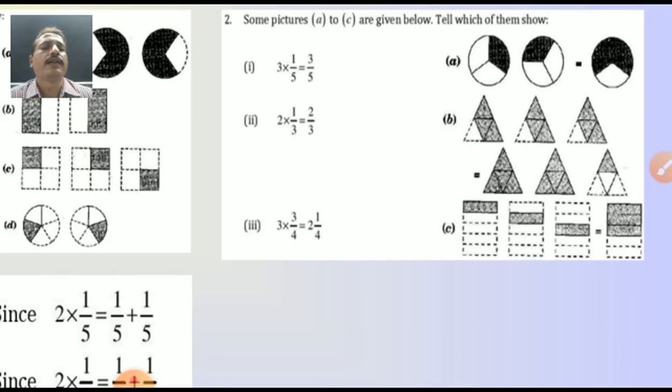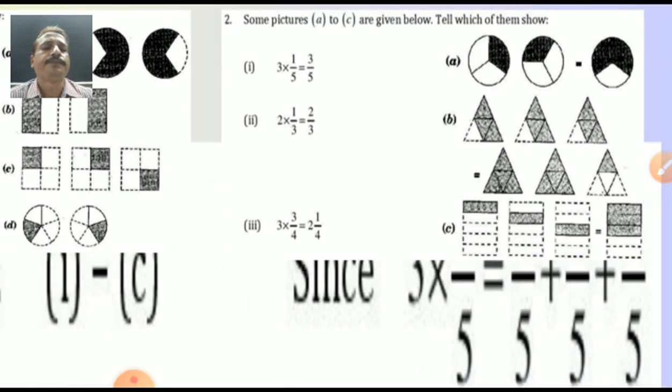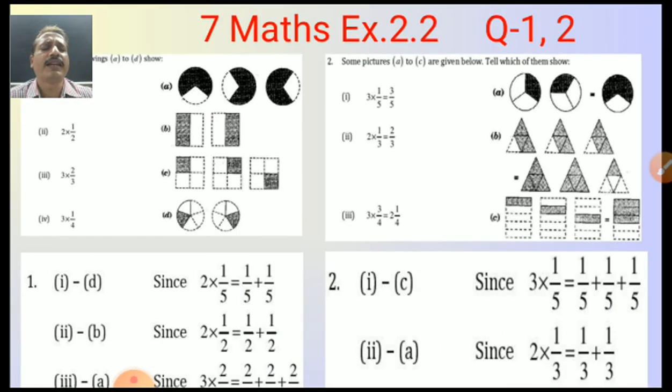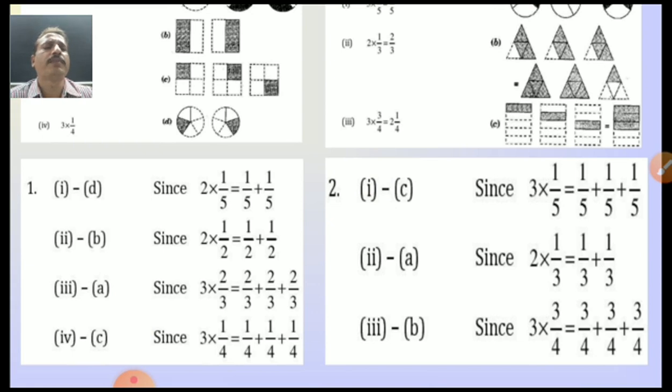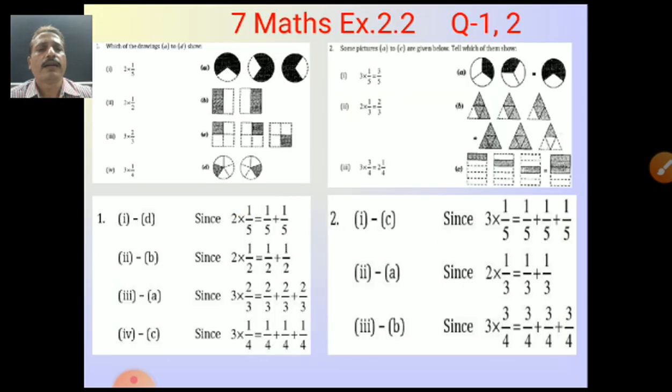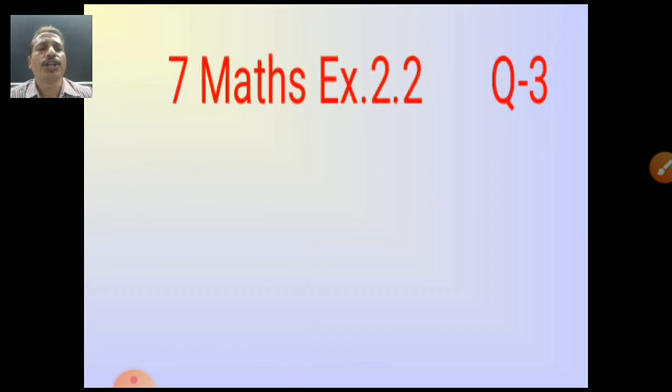Let's check. See, these parts are there: 3 times 1, 1, 1. 1 upon 5, 1 upon 5, 1 upon 5. That means 3 upon 5 is the correct answer. Check it. In front of one, C has come, correct answer. Student, in front of second, yes, A. Very good. 2 upon 5, 2 upon 3, sorry. And then the last one is B, whatever is remaining. Now, question number 3 is here on your screen.